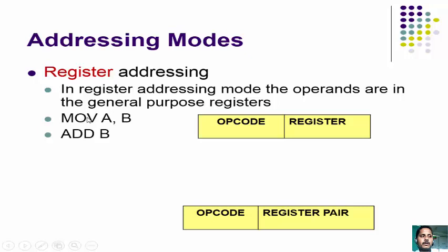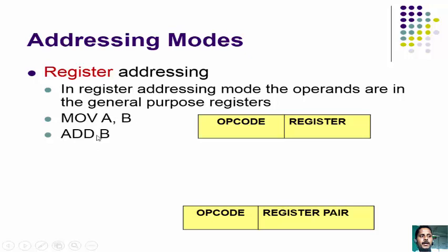So two examples are given again. MOV, the mnemonic for the move instruction. So MOV A, B. So here A is the destination register and B is the source register. Data copying, a simple data copying instruction. After the execution of this instruction, contents of B register get copied in accumulator. That is, in the operand field you will find A and B register.